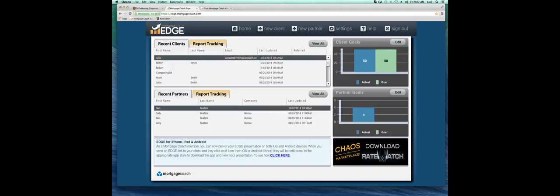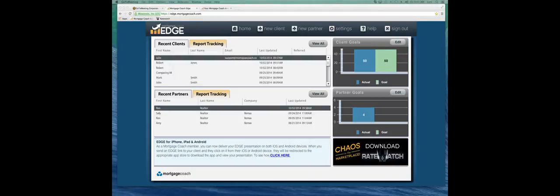So put in your email address. First time through, it would be pass123, and then the system will prompt you for your password. If you need a password reset, you could just email us at support, and we'll be able to provide that